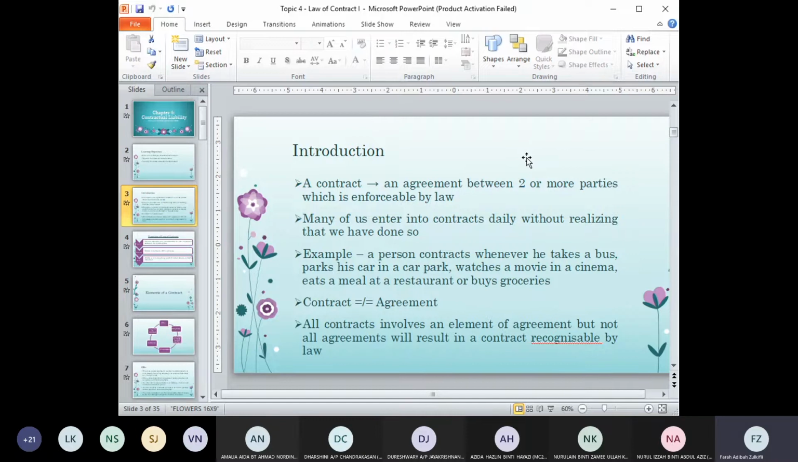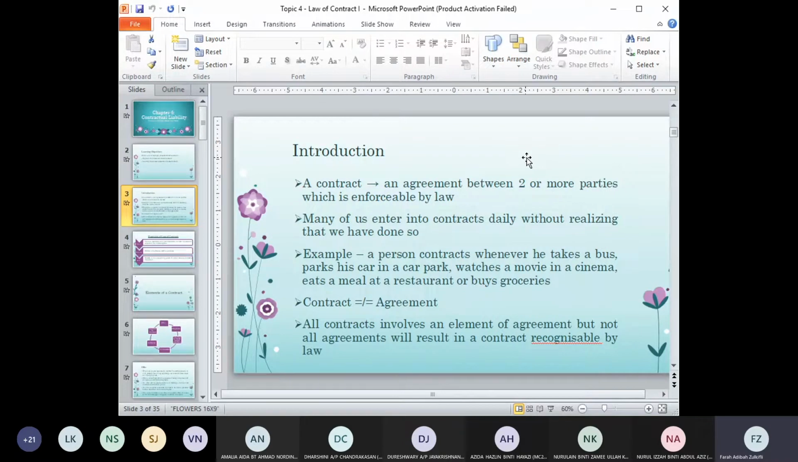So when we talk about contract, actually many of us enter into contracts daily without realizing that we have done so. Contract is not only something that you sign. I mean, if you want to have a contract, you must have a proper A4 paper which is signed by both the vendor and the purchaser, and it must be signed properly. That is one form of contract, but actually there are many other things that you have done daily which is also a contract. For example,